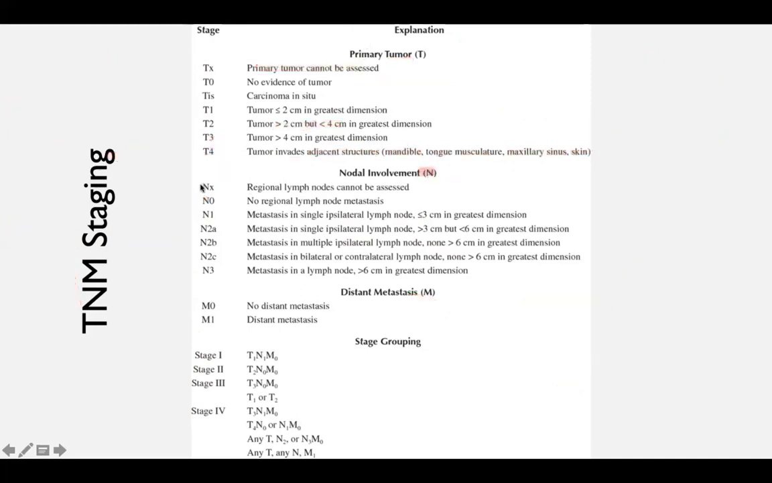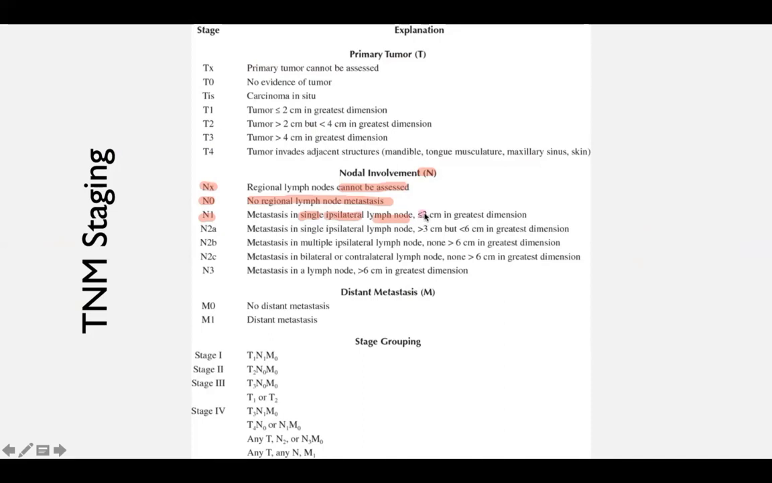And if there is an X, it means it cannot be assessed, the status of regional lymph nodes is unknown. We cannot assess the lymph nodes. And then N0 means no regional lymph node metastasis. The cancer cells, the malignant cells, have not reached the lymph nodes. And then N1 means a single ipsilateral lymph node,